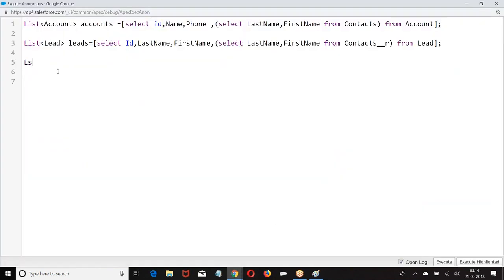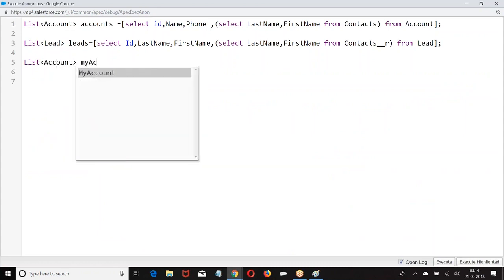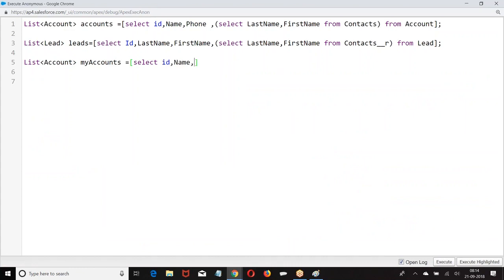List of... this is what I get. Why underscore underscore R?